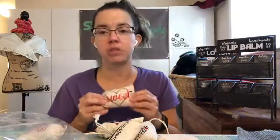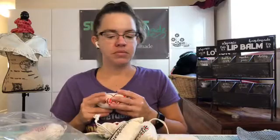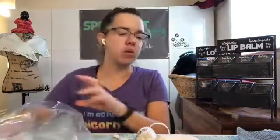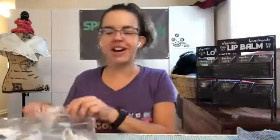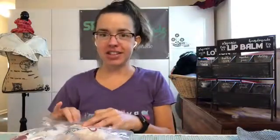Like I said, I'm going to post in the comments and in the albums pictures of the gift sets, and I'll have a couple different options for you, because I know I have a $10 option and a $20 option. Usually in those gift sets I'll do matching scents, but you can mix and match. If your friend likes coconut lip balm and mint soap, or almond lotion, whatever, I'm cool with that, or get it for yourself. So here's all my pampering stuff. You can see I'm a jack of